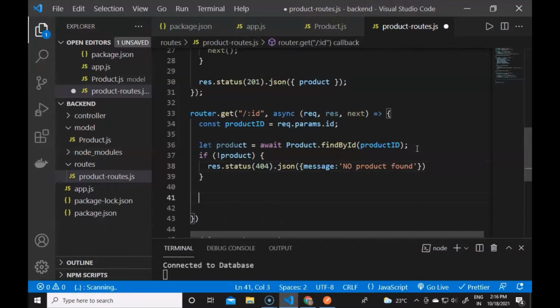Now after the if part, if there is no product we are sending the 404, but now we will send response.status 200, like it is now success, and we have to send the product in the JSON, and it will contain the product itself.